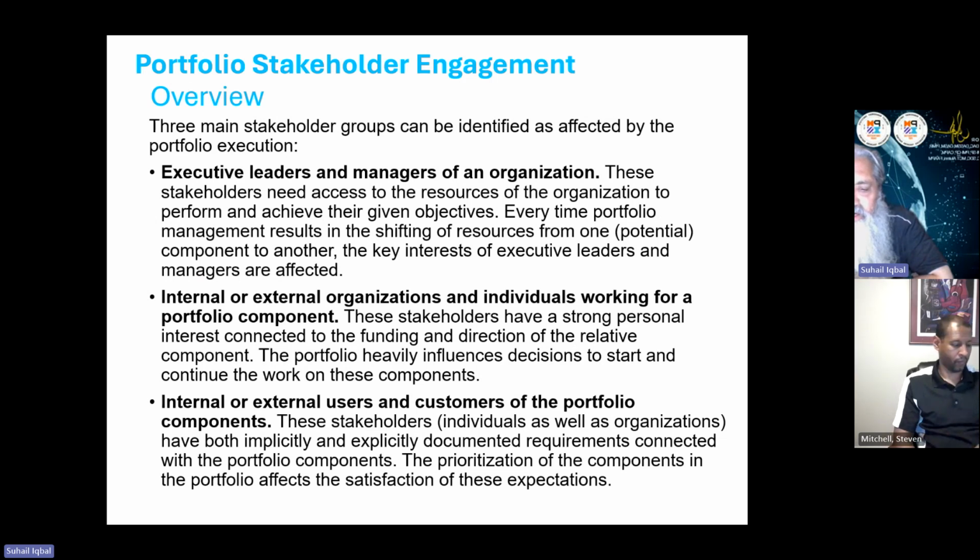Then we have got internal or external users and customers of the portfolio component. There's a third party component, the third party stakeholder. I mean outsiders, right? And I don't say the outsiders are less important. They are as important, but they are the people who could be customers. Customer is the biggest and the most important stakeholder normally. Users and people, but they are not part of our project, or our portfolio, or our organization. So yes, let's include all of them.